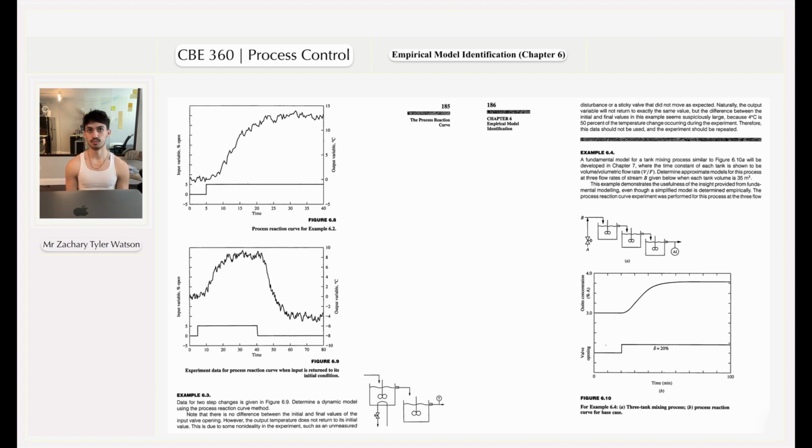Determine a dynamic model using the process reaction curve method. Note that there is no difference between the initial and final values of the input valve opening. However, the output temperature does not return to its initial value. And this is due to some non-ideality in the experiment, such as unmeasured disturbances or a sticky valve that did